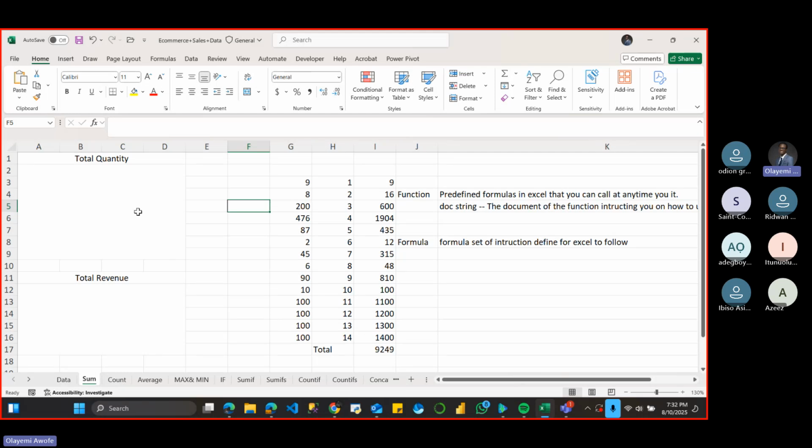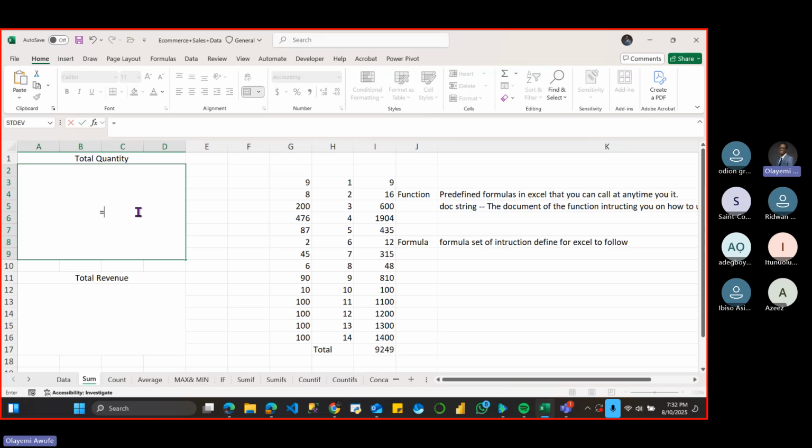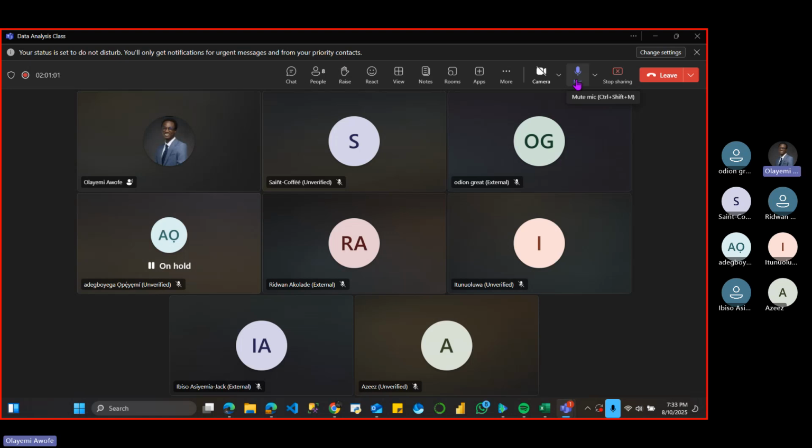Then what we want to do next is focus on a mathematical function because we have different functions. For now, we want to focus on what we call mathematical function. We are starting from the most used mathematical function, which is sum. When you want to get the total of something, you use sum. So in this case, we want to say sum. So you say is equal to